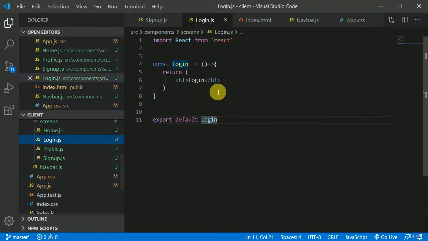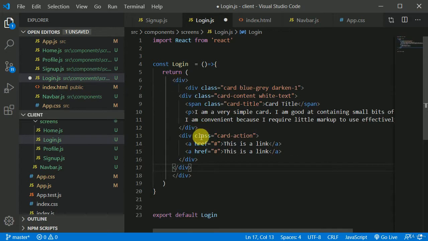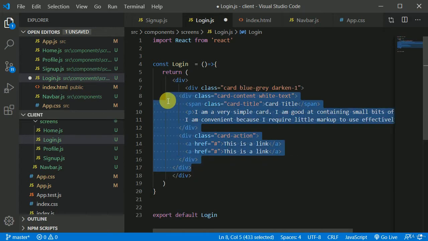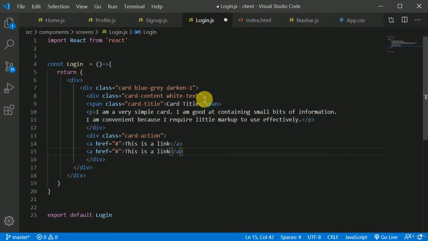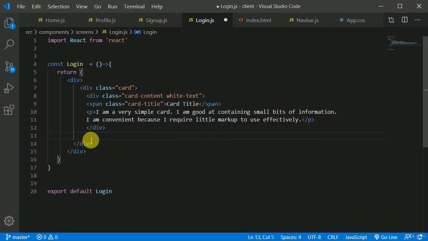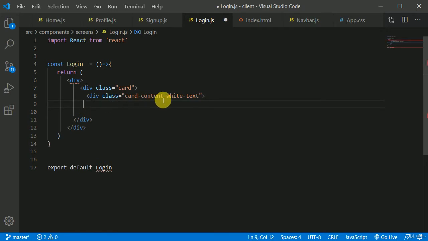Okay, let's go to our sign in screen. Yeah, okay, so first of all I'll be creating a div, and I will be pasting the code in here. I will give a little bit of spacing in here to format that. I'll close this. So we don't need so much of the stuff in here. We don't need this, right? And we don't need this action, and we don't need this as well. We don't want any of that, and we don't want this div as well. Okay, so it was just a card. Oh man, why did I copy.